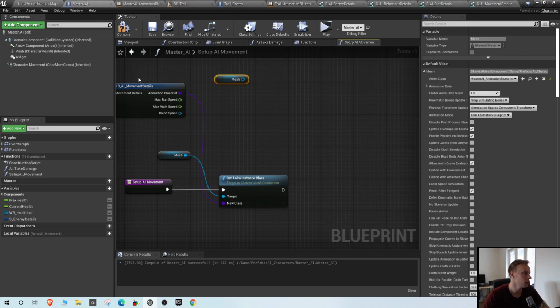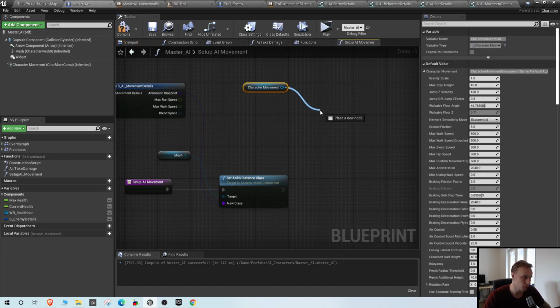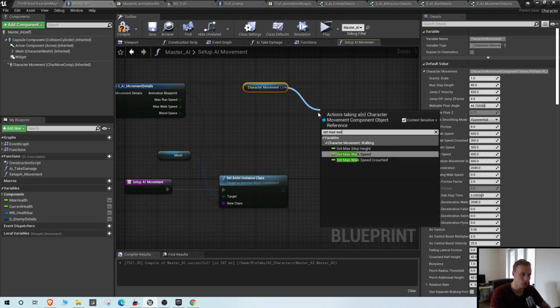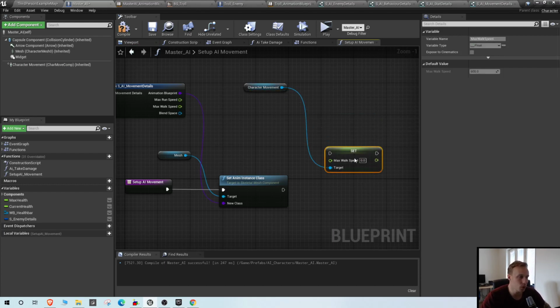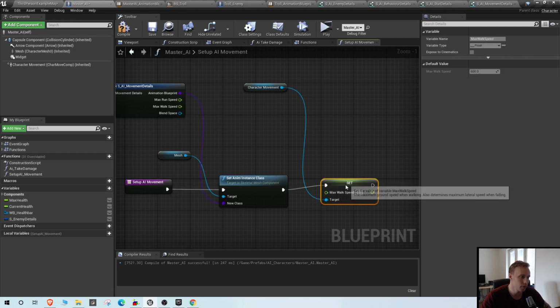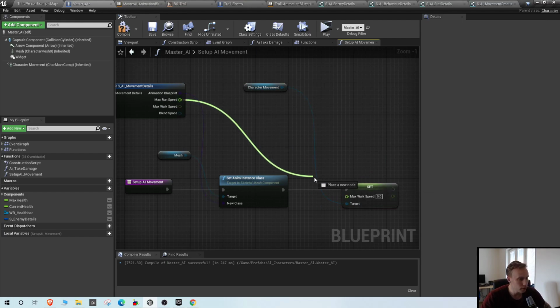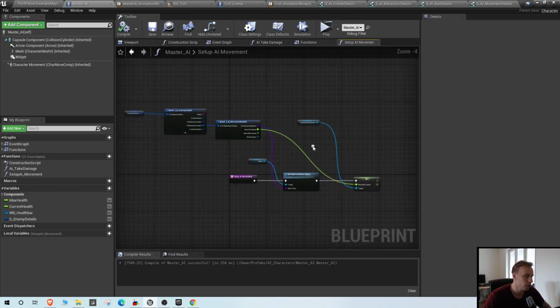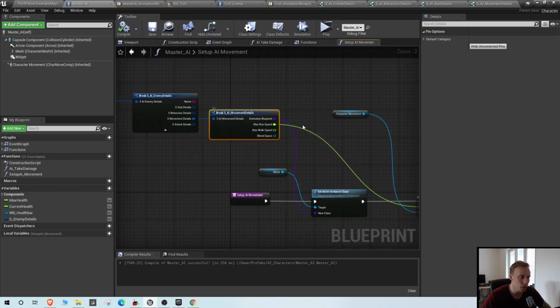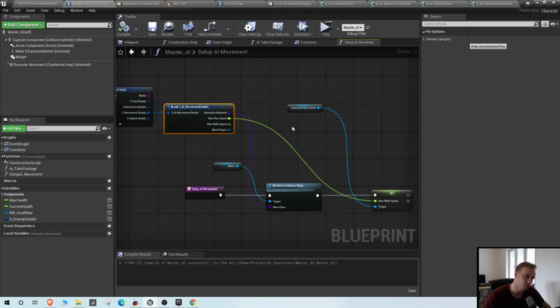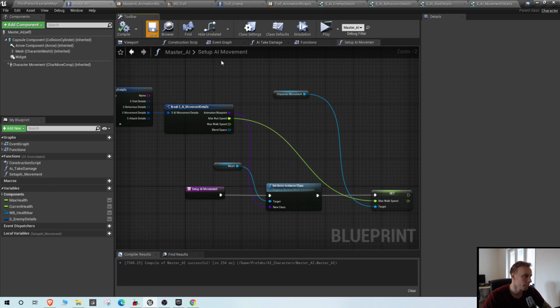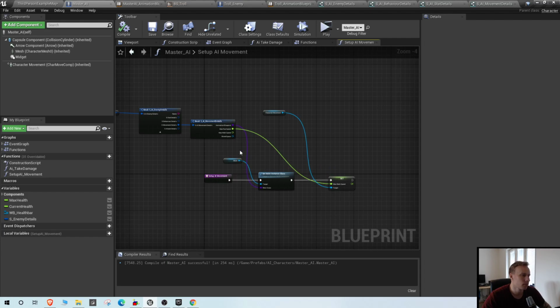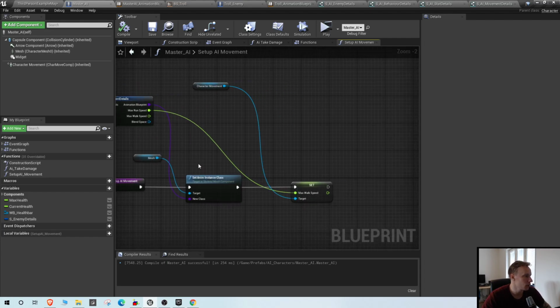No, not the mesh, sorry. In the character movement component, we're gonna set max walk speed. And the max walk speed is the movement of the character. I guess the standard is gonna be the run speed. So the default for our characters is gonna be the run speed, but you can do the walk speed as well if you prefer that. And we are gonna set the